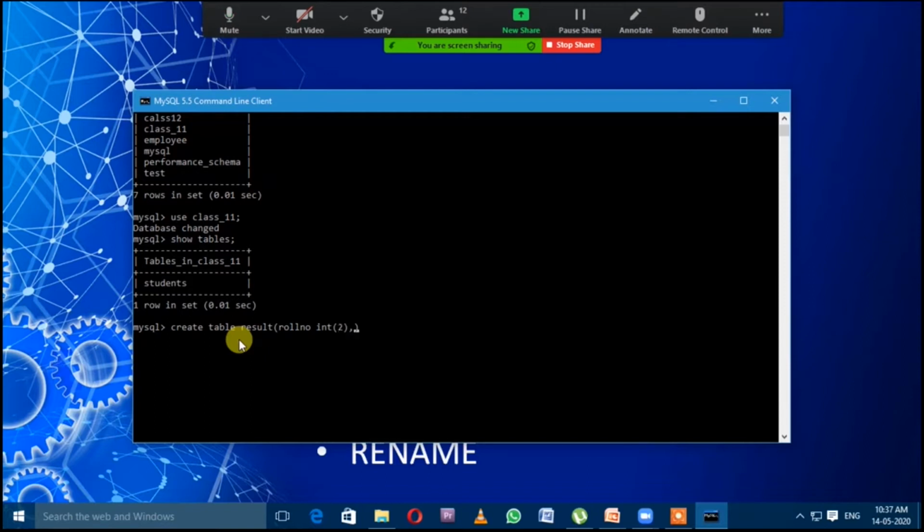2, then TOTM total marks int 3, GM gain marks. I am taking it in short. If you want to write the full name, you can. Pass 3 and that's it. In this table I am taking only 3 columns. Okay,